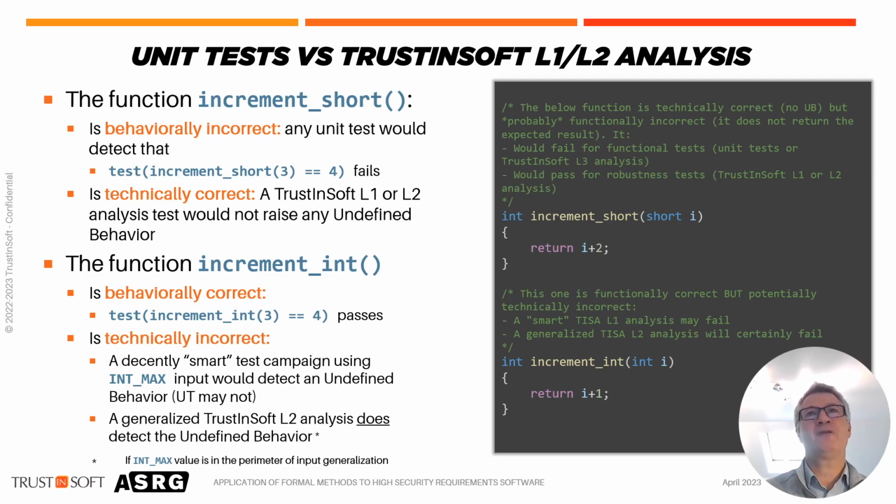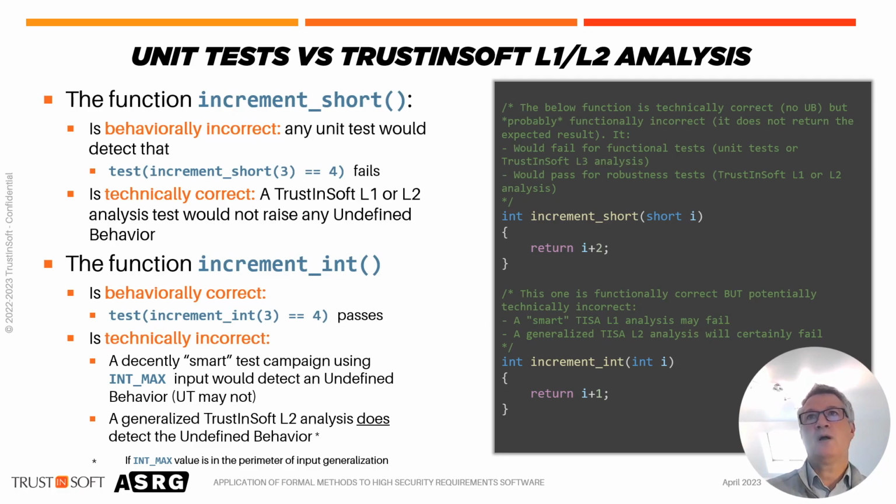So if I run it with a unit test and I verify that if I give an input, I receive the input plus 1 as output, I will notice that this function is behaviorally incorrect. So if I do test increment short of 3 and I verify it's 4, it will fail and I will detect the error. Technical proof in that case will not raise any issue because it doesn't know what the functional specification of this function should be, and